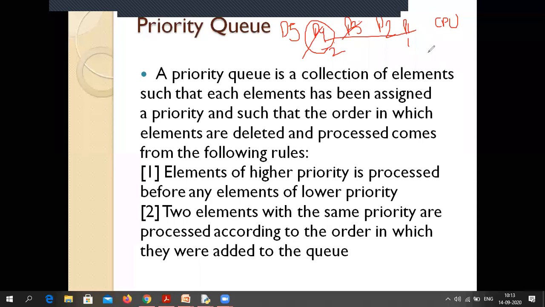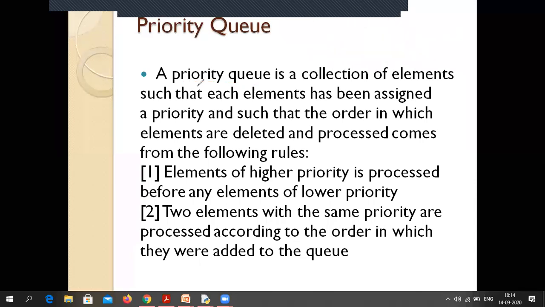First of all. Okay, so whenever you have to implement a priority queue, you can assume it is just like a simple circular queue or simple queue, but you can insert in any order. But whenever you have to delete, you need to delete that particular element which is having the highest priority. If you are deleting the highest priority element first of all, then in that case that queue is being implemented as a priority queue. Otherwise it would be your simple queue, first in first out type. Is it clear?